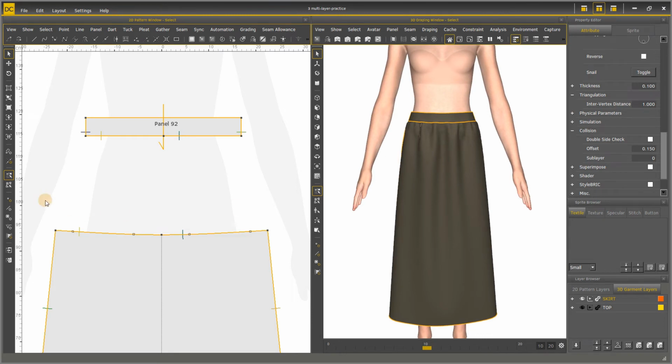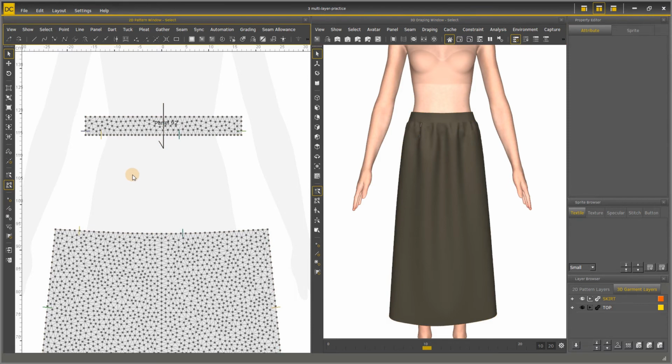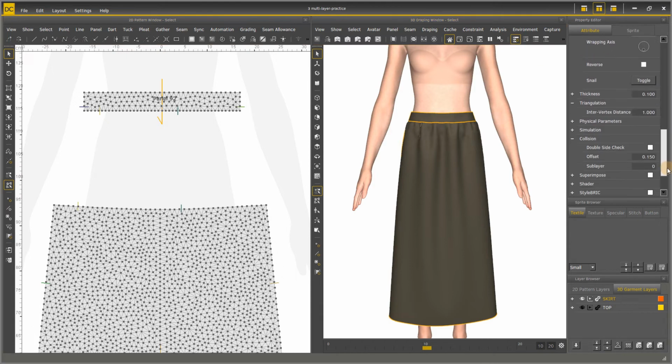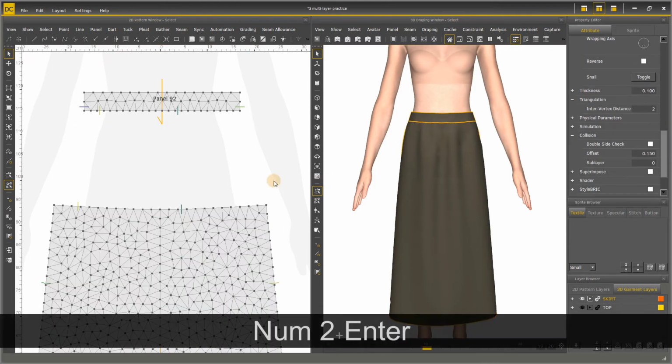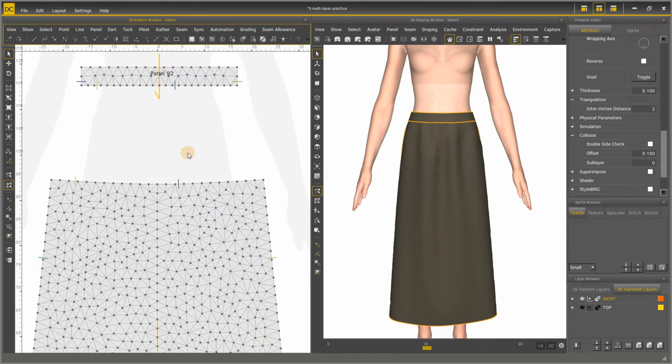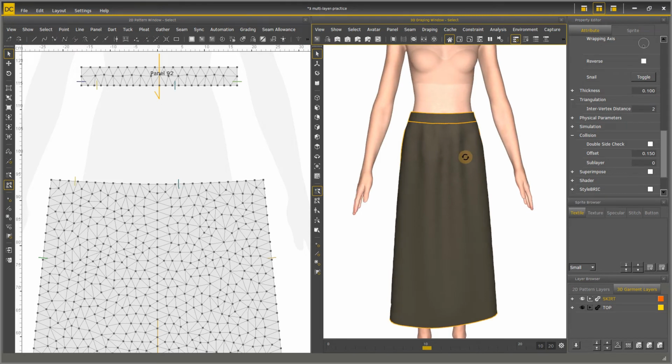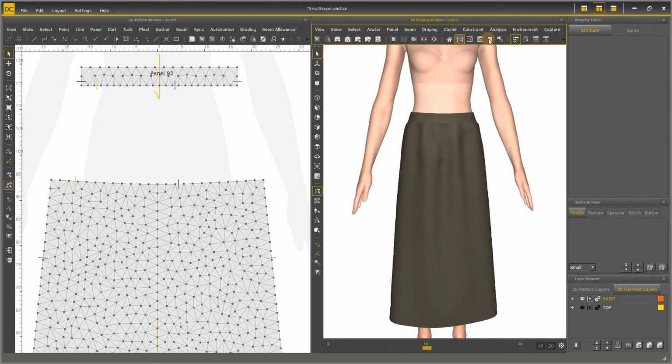If I change the 2D window mode to vertex selection mode and change IVD of the skirt to 2, you can see that the triangulation in 2D window becomes larger. The shearing effect on my skirt becomes plain and rough.